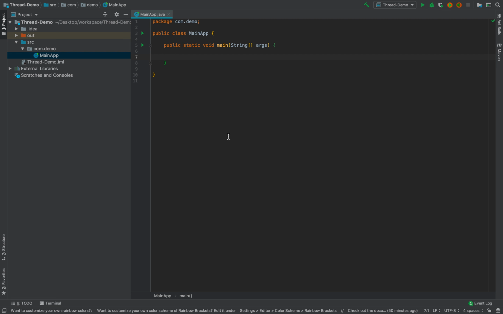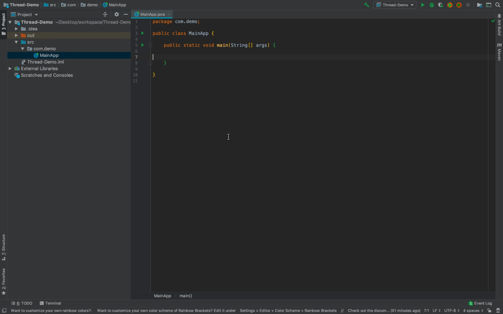So today we are going to do a thread program. It's a very common question which is asked in a lot of interview questions. The question is, we want to print numbers up to n, and what we have to do is print even numbers with a different thread and the odd ones with a different thread.